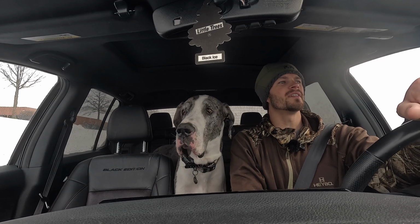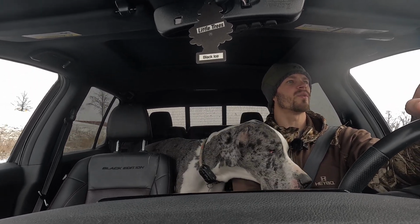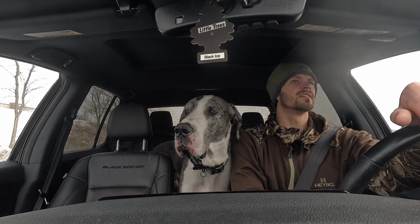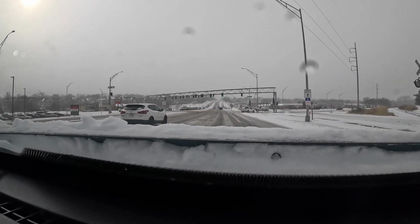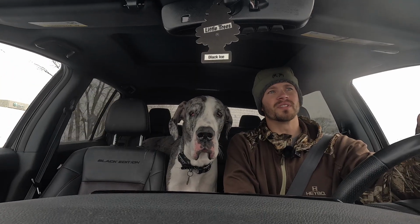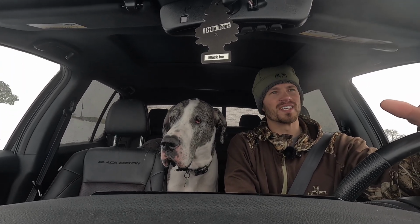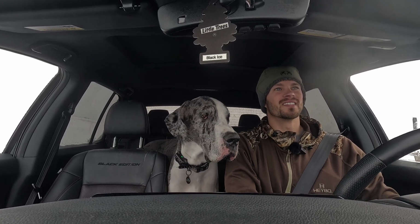You know, I've never gotten this little truck stuck. Not in the snow, not in the mud, not in anything. I'd kind of like to try to get it stuck, see what it takes. I know I could get stuck in some mud pretty easy, but I'd like to see some snow. I'm sure if the snow is decently deep with the low clearance that this truck has, it would just rest on top of the snow and your little tires wouldn't even be hitting the ground. So that would definitely